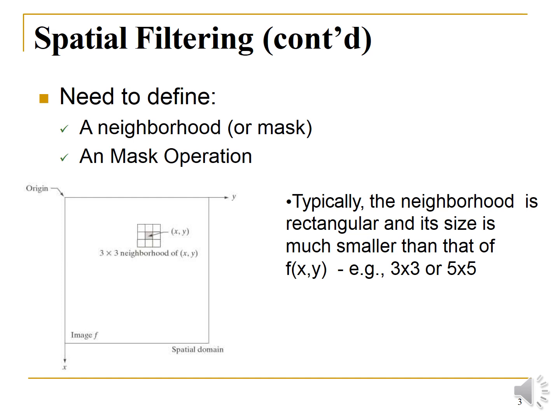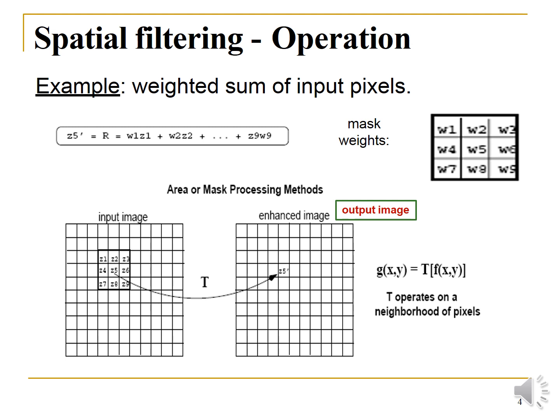We will be operating using two techniques: by considering the neighborhood pixels, or by choosing a mask operation. In mask operation, we take the pixels in a 3 cross 3 neighborhood, or 5 cross 5, or whatever it can be. According to our convenience we can choose the number of pixels for the mask operation. For example, you can see that we are taking a matrix of 3 cross 3.